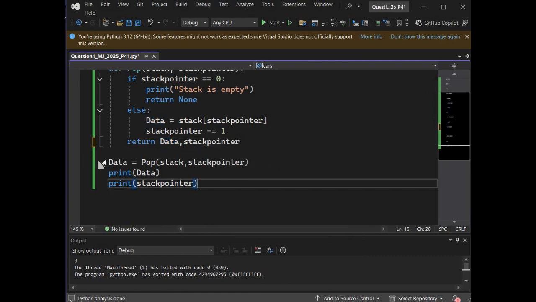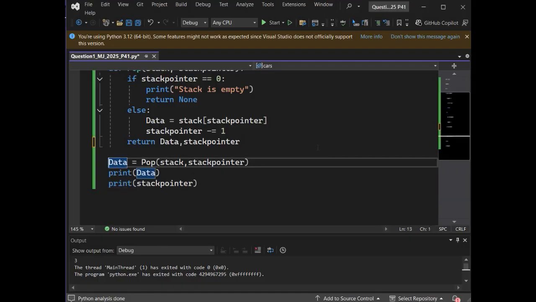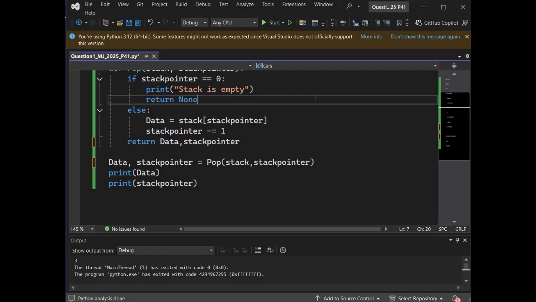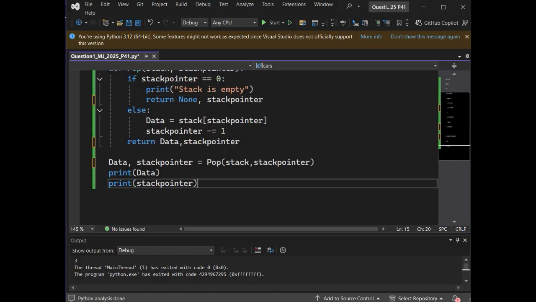We need to return both values, and over here we need to store them respectively in data and stack pointer. Similarly over here, there you go, this should solve the problem.